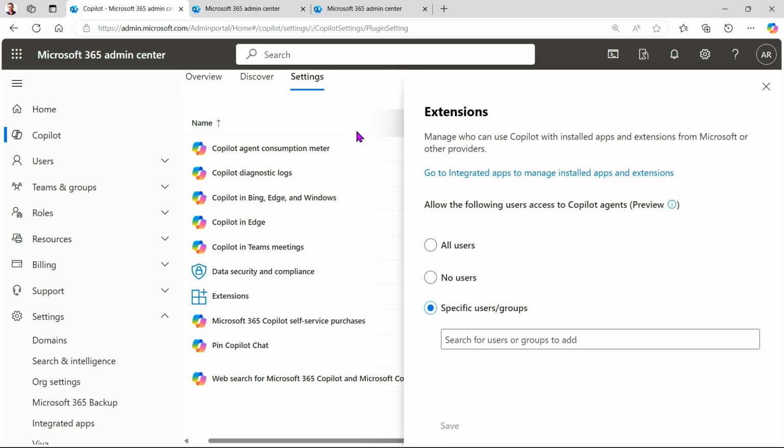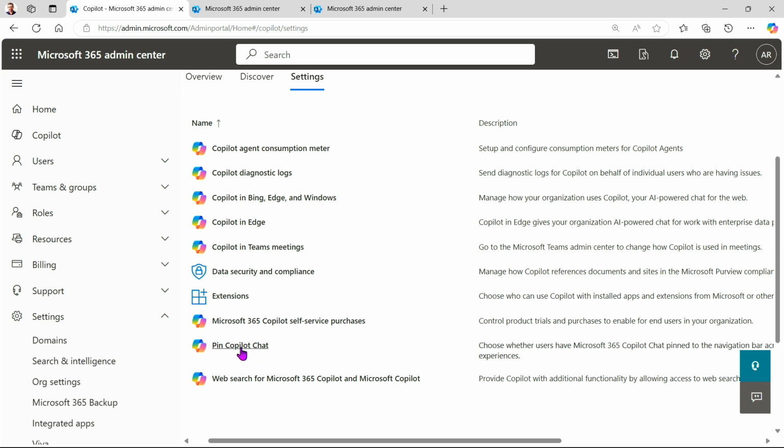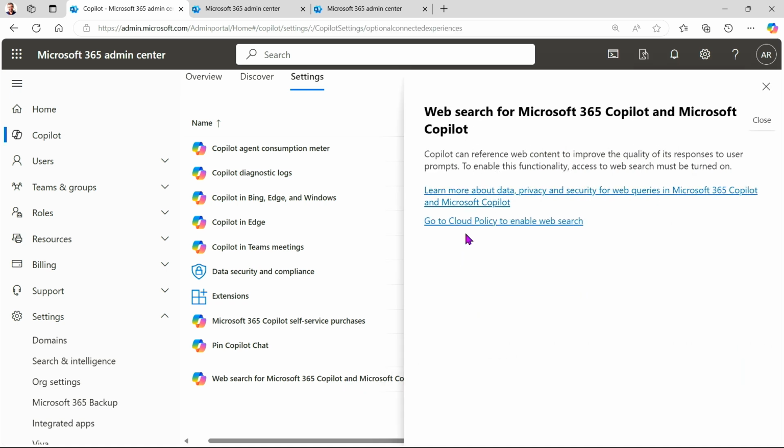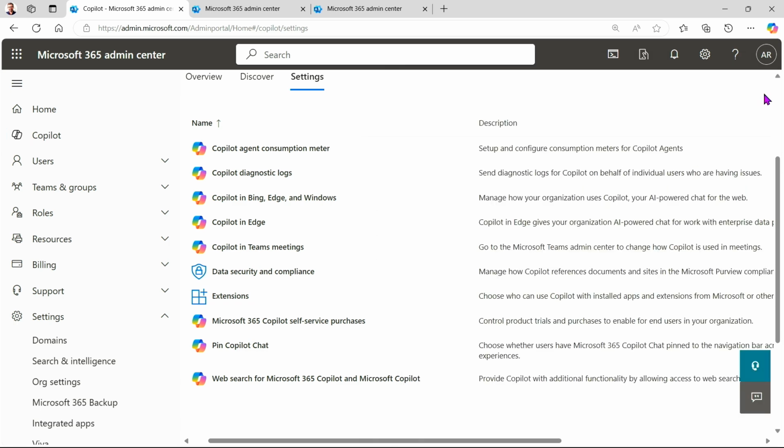your Copilot options, not just extensibility, but again, here in extensions, we can directly, specifically manage our Copilot agents. And again, we can make more decisions to pin or not our Copilot chat and to use web search for Microsoft 365 Copilot and Microsoft Copilot. So in here, we can decide to create a policy to allow or not allow Microsoft to use web search,